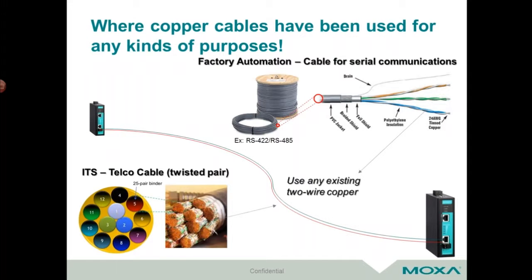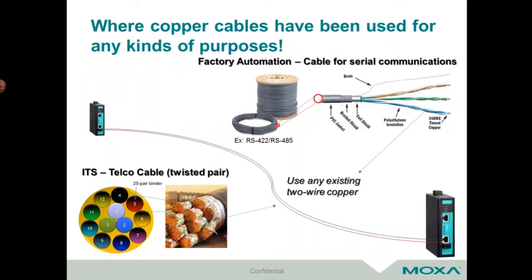Now again, you can use just about any copper cable. Ideally, a twisted pair is going to work best, but we literally have just taken two single 26-gauge wires and plugged one end into a DSL extender and plugged the other end into another DSL extender, and it still worked very, very well. So the amazing thing about this technology is that you can use just about any